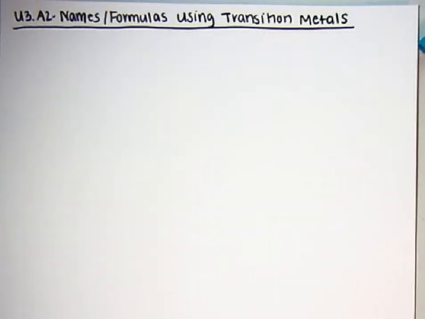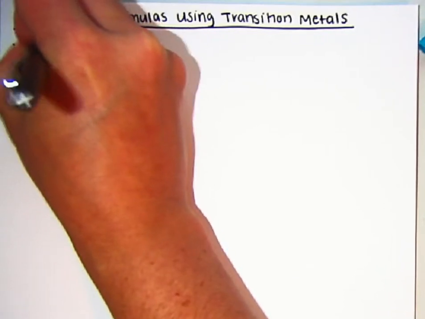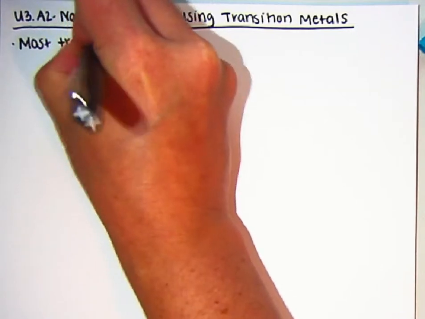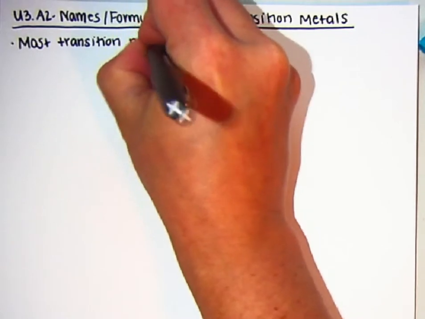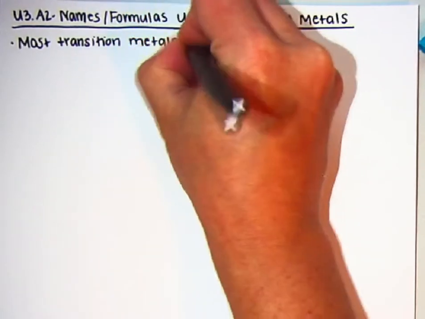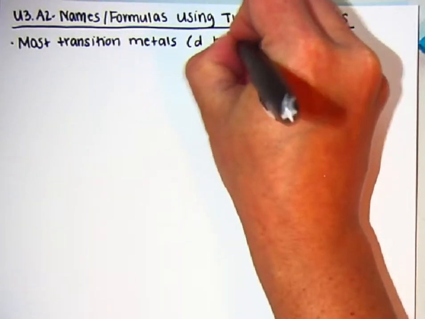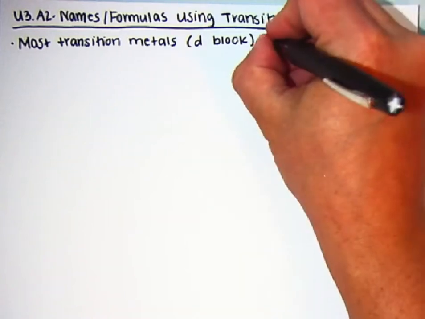In this lesson, we're going to continue naming ionic compounds and writing formulas of ionic compounds, but we are going to be doing this with transition metals. The reason that the naming is a little bit different when you have a transition metal is because most transition metals, which are the metals we haven't talked about yet, the metals that are located in the D block, most transition metals